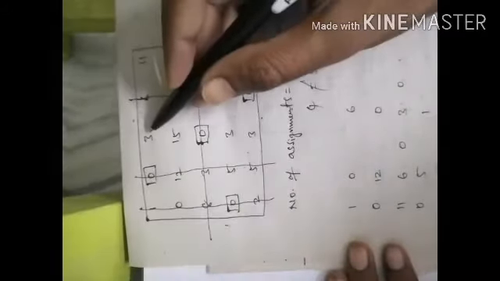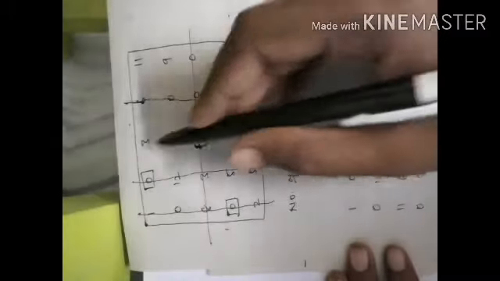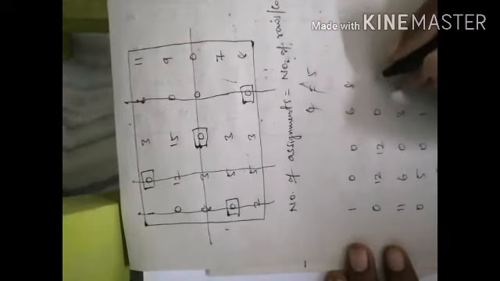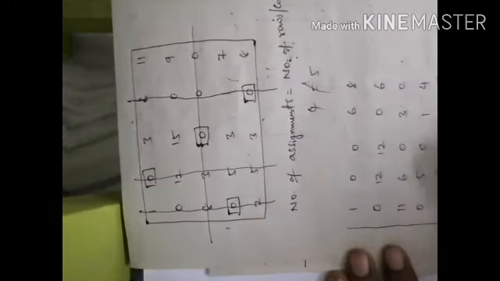Now for the undeleted cell values, what we need to do is subtract 3 from the undeleted cell values. So here 3 minus 3 is 0, 15 minus 3 is 12, 3 minus 3 is 0, 0, 11 minus 3 is 8, 9 minus 3 is 6, 7 minus 3 is 4, 8 minus 3 is 5. So this is the new matrix we are getting.